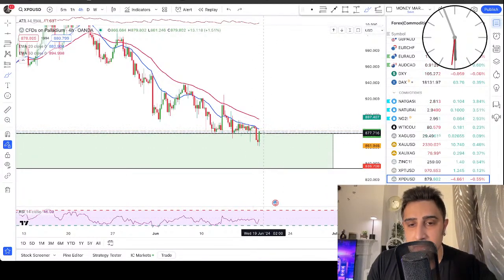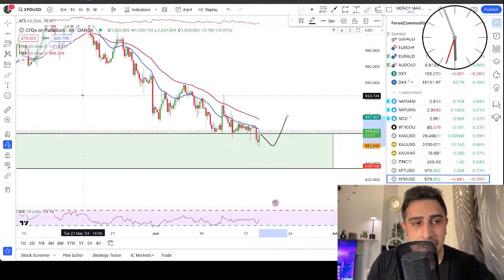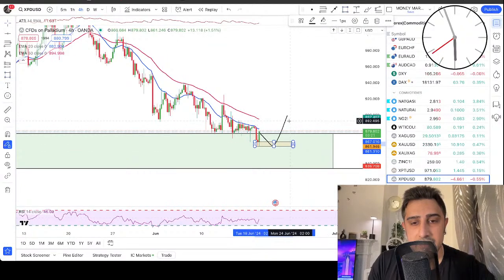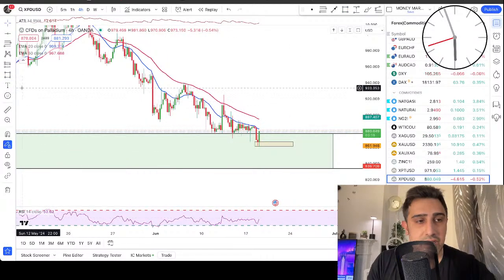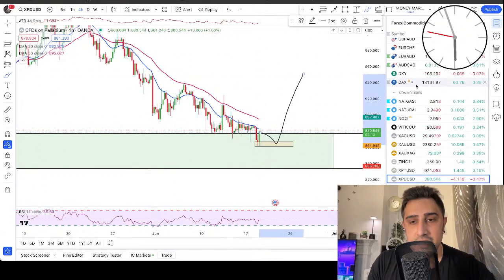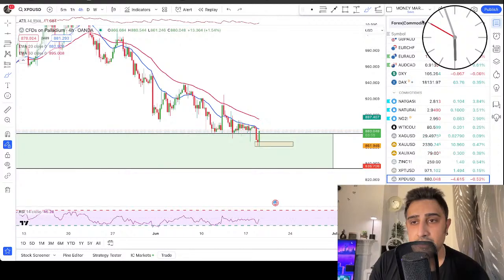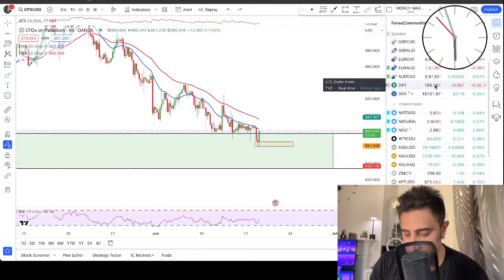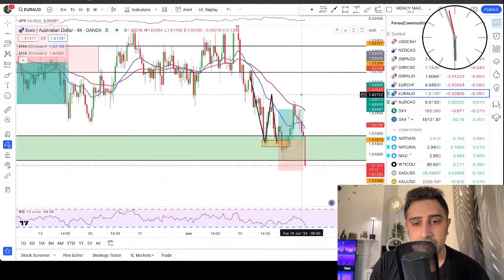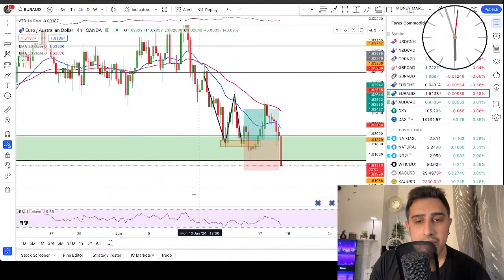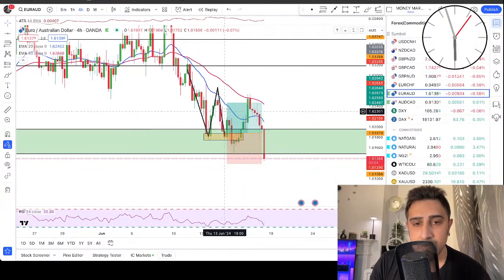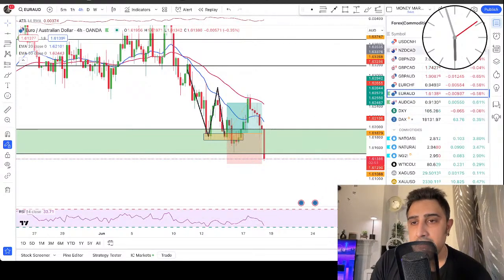For that, you can wait for the double bottom. If you don't want to take a risk, wait for a double bottom, come back to the previous level again, like this. If you want to be really extra cautious with your trades, which I do for commodities, wait for a double bottom and a push higher. That is what we need to look at. For example, you are in my MMTS2 course as well, so you know we just took this trade right here a few days ago, a double bottom with divergence. That is what we need to look at for a strong entry. So yeah, that hit the targets and then fell, which is fine.